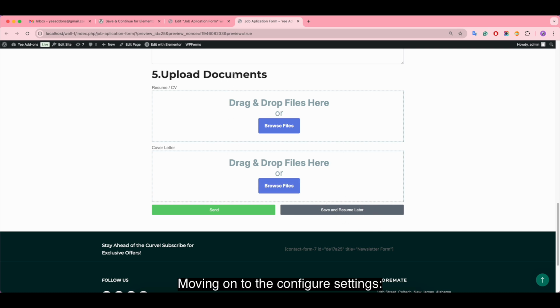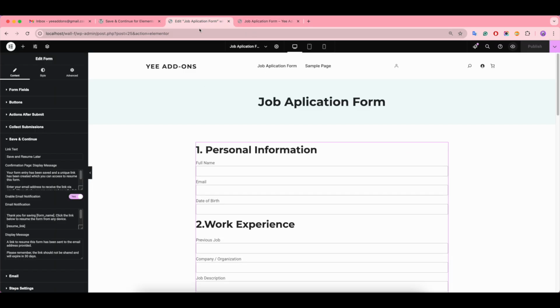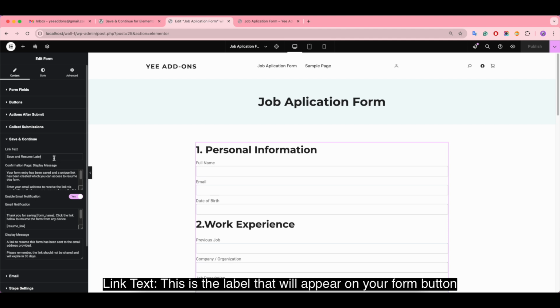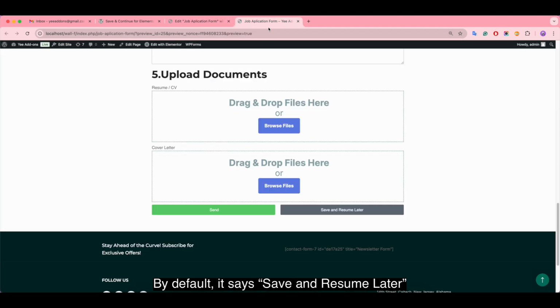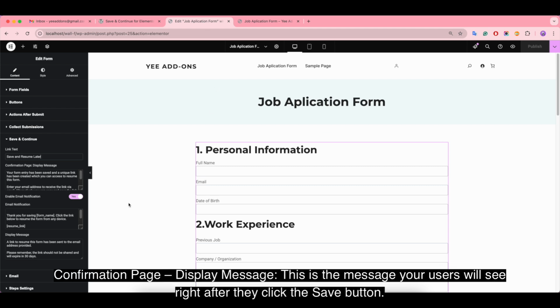Moving on to the settings. We have link text. This is the label that will appear on your form button. By default, it says Save and Resume Later. Confirmation page display message.